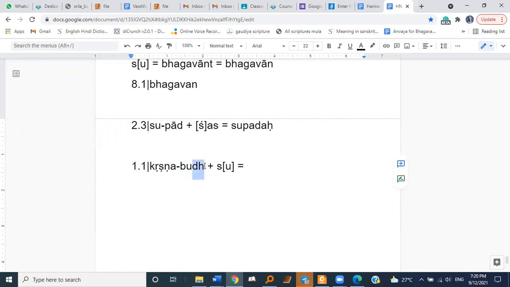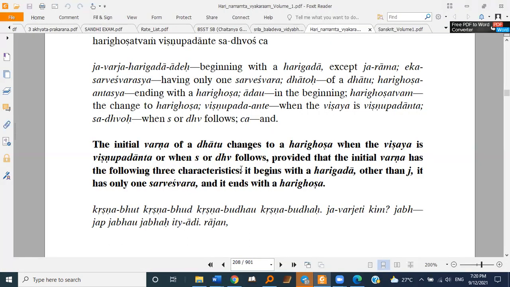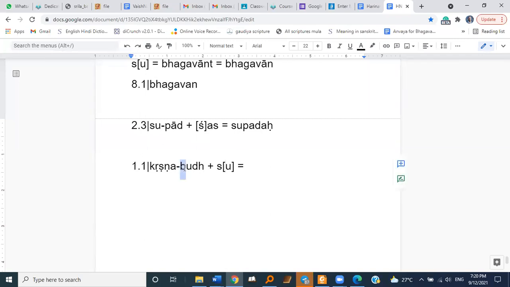And then what else? So then, Sa or Dhva follows. So here Sa is following Su. So what will happen is Vishnu Padanta Sadhosha, right? When the Vishaya is Vishnu Padanta, when Sa or Dhva follows. So this Ba changes to Hari Ghosha. Javarse Hari Ghoshatam. So what is the Hari Ghosha of Ba? Pa, pa, ba, bha. It's Bharama. So it becomes Krishna Bhud